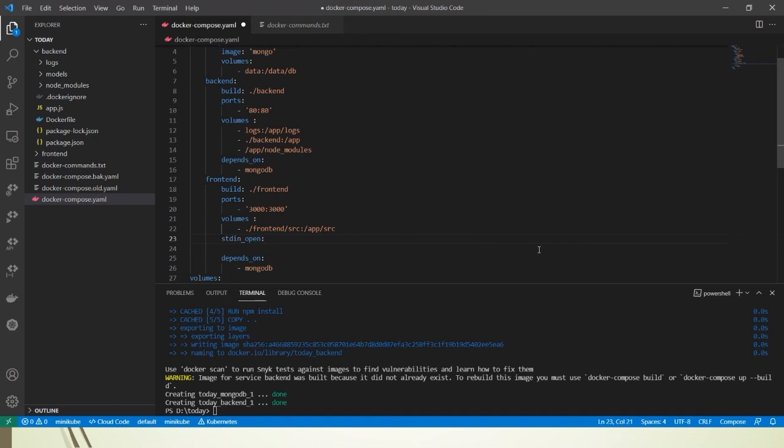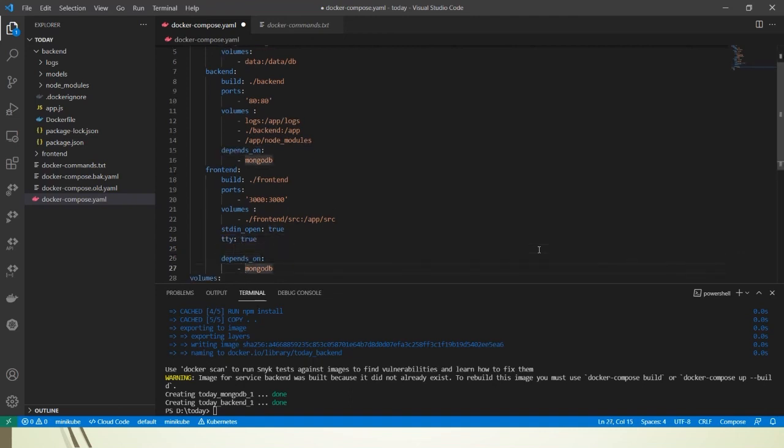This is the benefit of using VS Code. TTY is also required. TTY and stdin_open both should be true, and depends on will be the backend. So let us see. Just save the file.